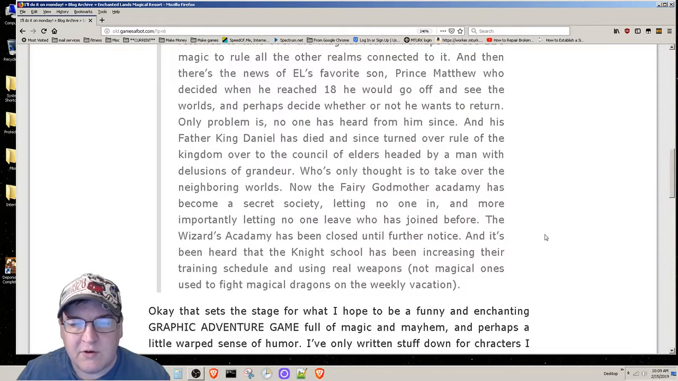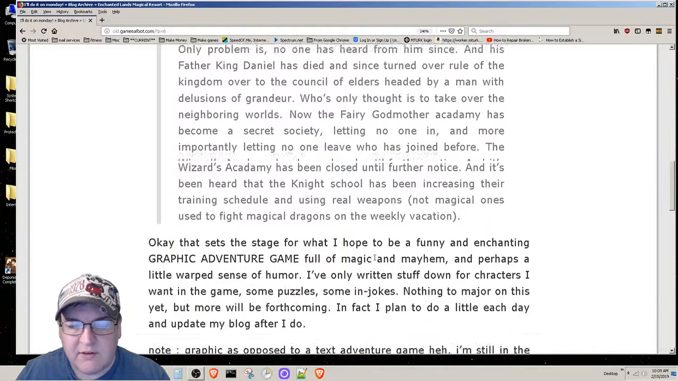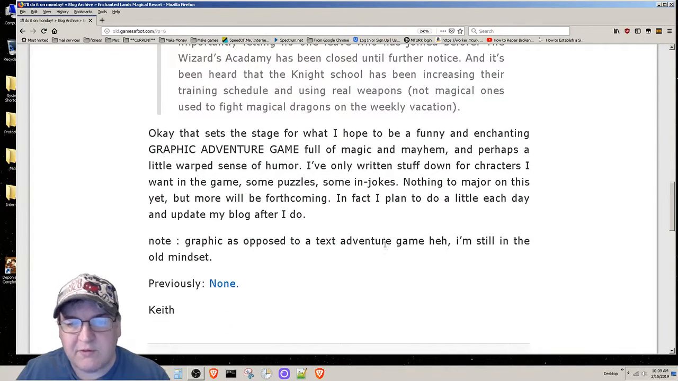Only problem is no one's heard from him since, and his father, King Daniel, has died. Since no one has returned to rule over the kingdom, there's a council of elders headed by a man with delusions of grandeur, whose only thought is to take over the neighboring worlds. And now the Fairy Godmother Academy has become a secret society, letting no one in, and more importantly, letting no one leave who's joined before. The Wizards Academy has been closed until further notice, and it's been heard that the Night School has been increasing their training schedule and using real weapons, not magical weapons used to fight magical dragons on weekly vacation. Okay,